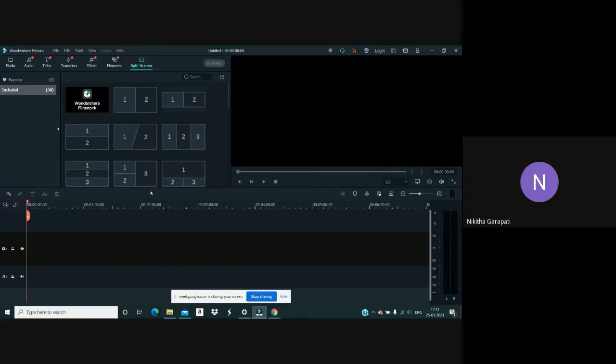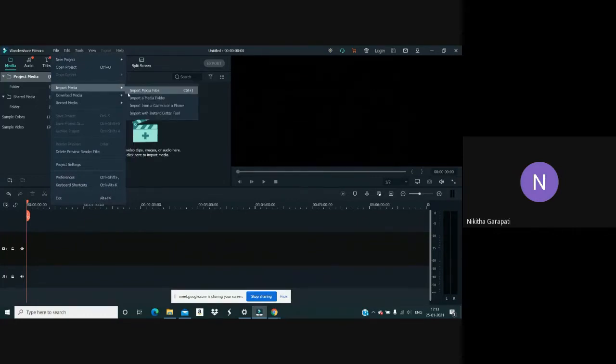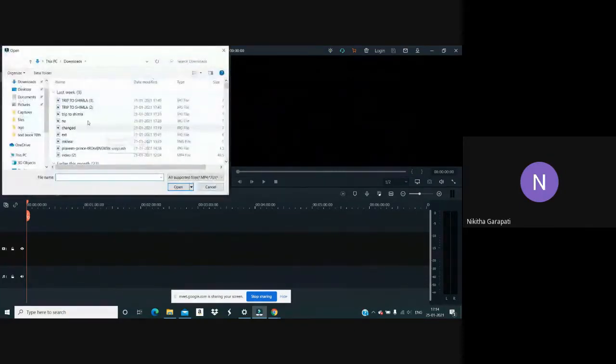So now that you all are familiar with the workspace, we'll get started with the editing. So before you start to edit, as I said, whatever you want to use in your video, you'll have to import into your device. So you can do that in the media tab, or you can choose options from here. If suppose you want to import an entire folder in which you have the documents which you need in the video, then you can do it using this option. This is like a shortcut.